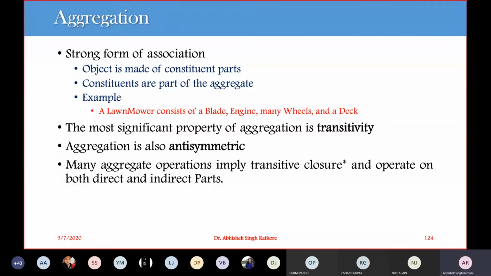What it specifies is that a particular object of a class is made of constituent parts. For example, this university is constituted of different institutes like SVIIT, SVITS, and so on. The constituents are the parts of the aggregate, like SVIIT, SVITS, textile, and so on. All these constituents are parts of the aggregate. This is SEEE. So we can map the whole-part relationship over here.